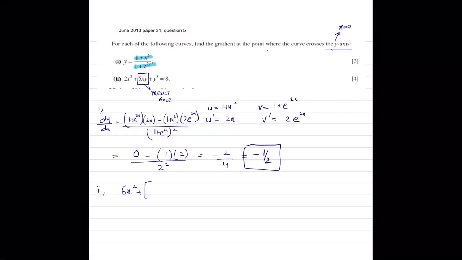So uv prime, if I'm taking u as 5x and v as y, u prime is going to be 5, v prime is going to be dy by dx. Do you remember implicit differentiation? Yes, sir, but not that well. I just know it's the one with dy over dx.